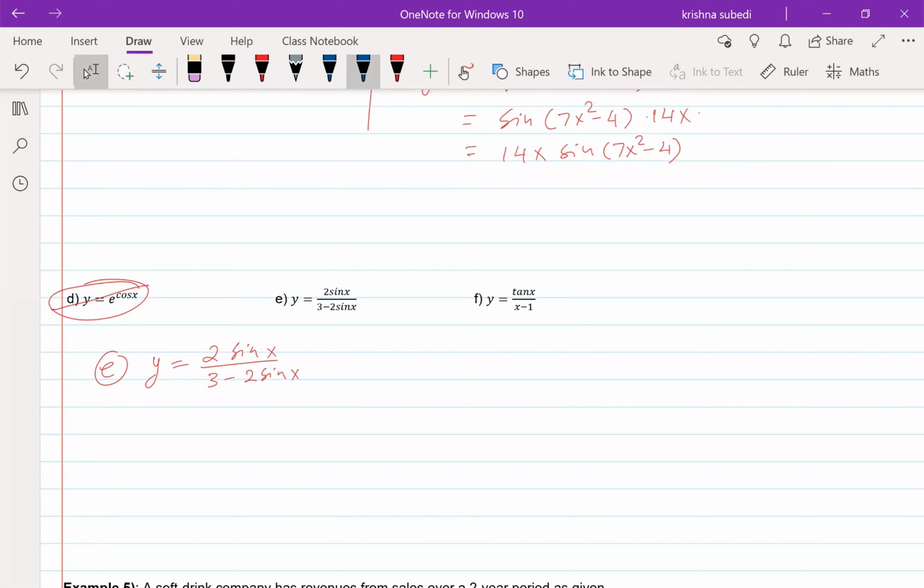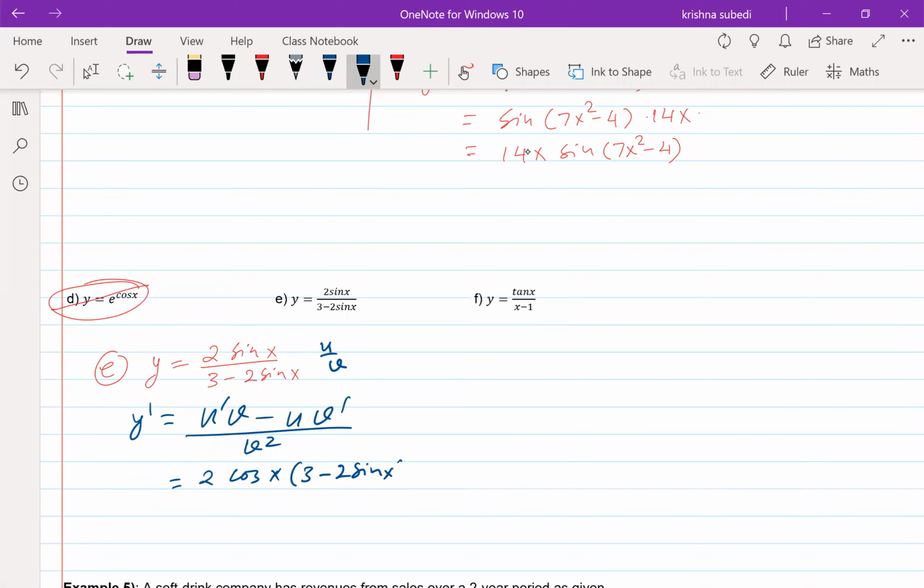So we need to use the quotient rule. That is clear to everyone, right? So u over v. So what is the derivative? That is going to be, now just write down the formula, v u prime minus u v prime over v squared. So u prime is 2, and the derivative of sine x is cos x. Copy v, which is 3 minus 2 sine x, minus copy u, which is 2 sine x,